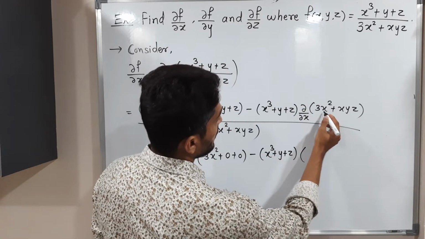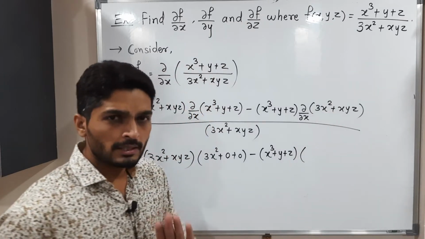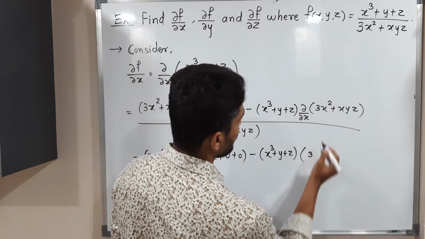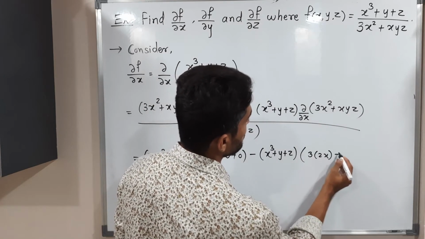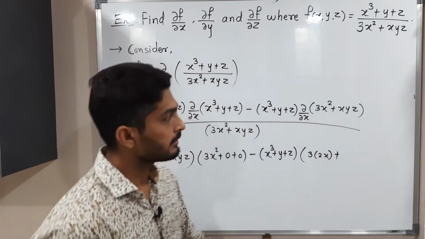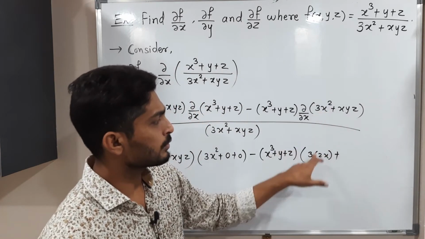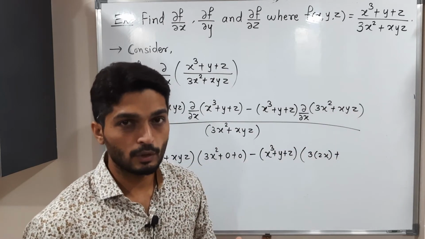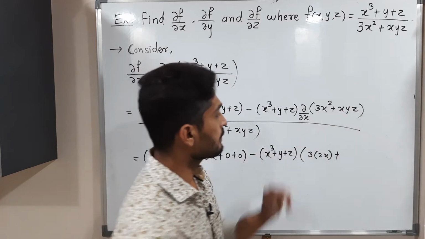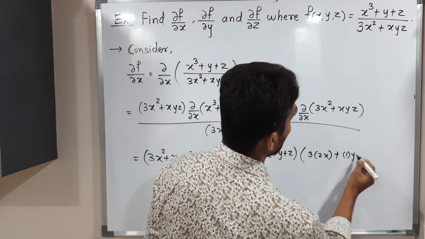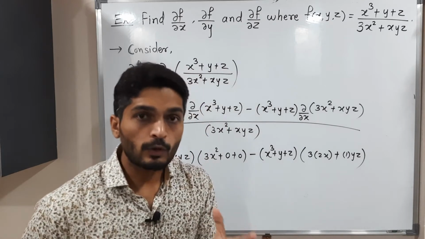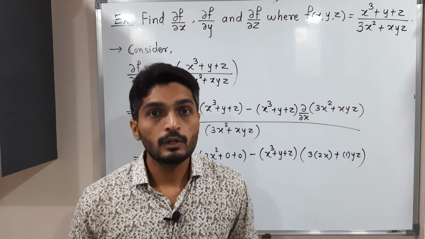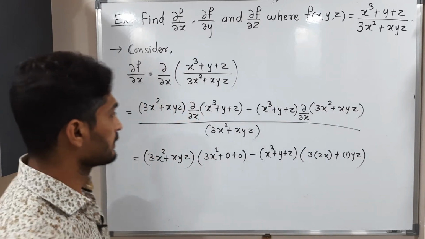Now 3x²: 3 is constant, no need to think about it, 3 will be as it is. What is derivative of x²? It is 2x. Here also I am taking separate derivatives, since addition is there: 3 is constant, derivative of x² is 2x. Here y and z are constants, no need to think about them. So derivative of x is 1 into yz. These are constants; when you take derivative, actually they come outside and we simply take derivative of x. So I am doing it directly, that's why I could write it.